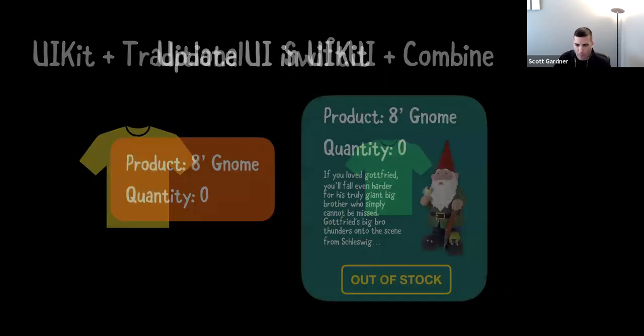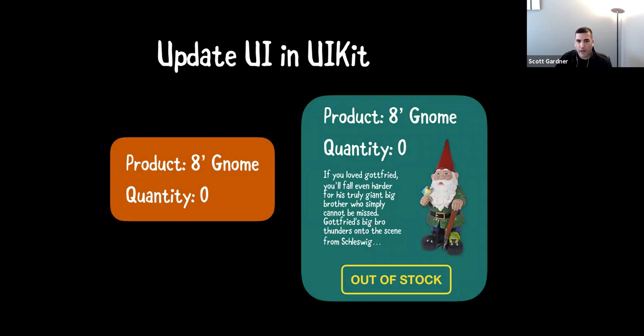To look at this in a more practical example, here on the right, we have a product card. It's this 8-foot gnome that you can actually buy at wayfair.com where I work. It's actually 8.5 foot, but whatever. And currently it's out of stock. So we have a quantity of 0, and we have this out of stock label that's including the buy now button. And we have our data model on the left just showing that we have this product, but the quantity